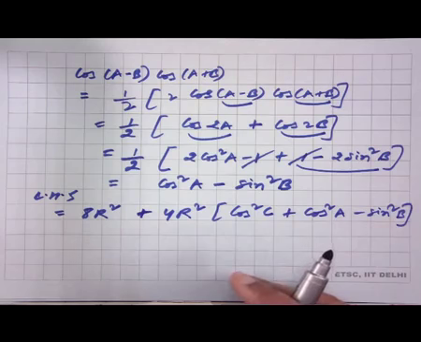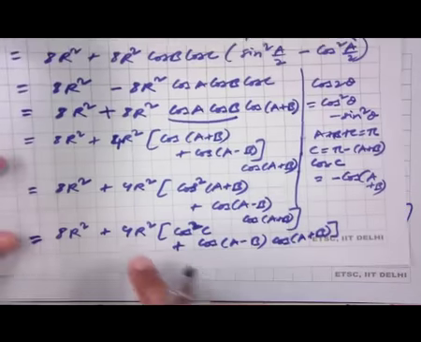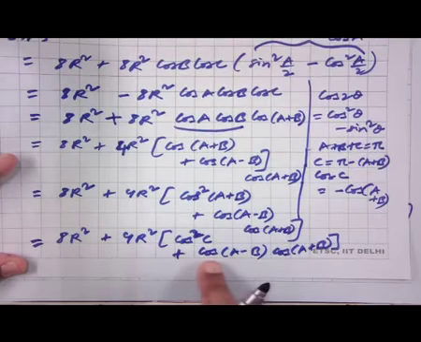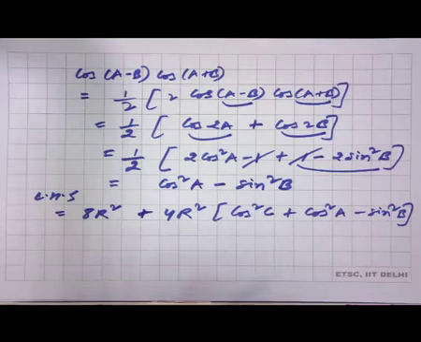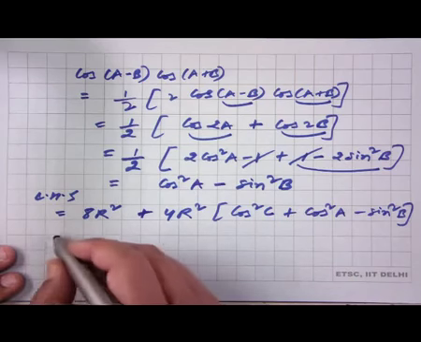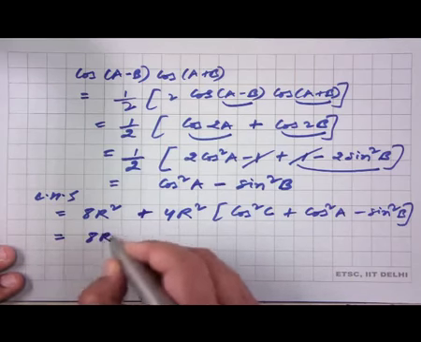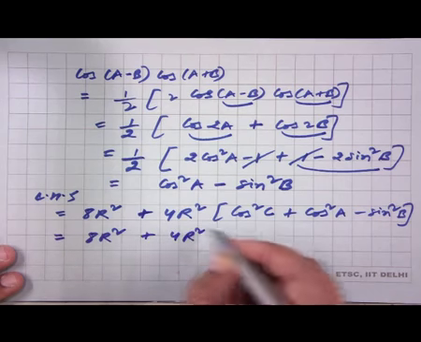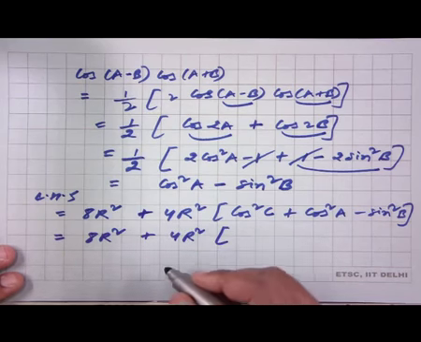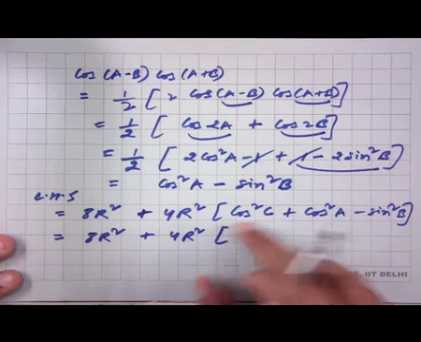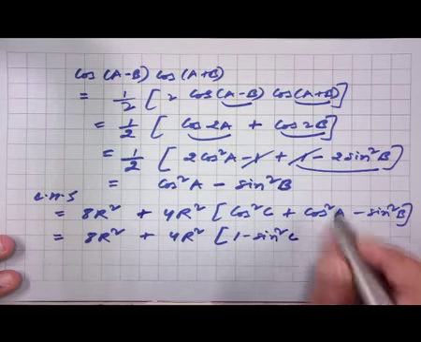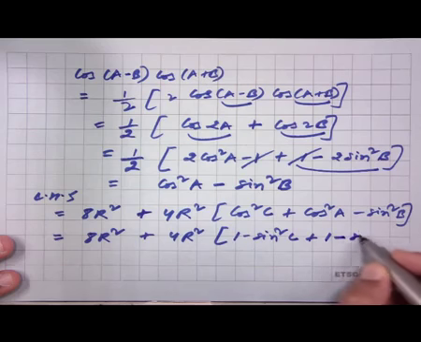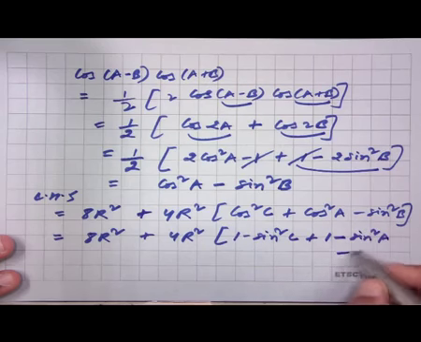So what we have done is that in the previous slide, instead of cos a minus b into cos a plus b, we have replaced it with this expression. And that is equal to, so we can write this as 1 minus sin square c and this as 1 minus sin square a, and then of course we have minus sin square b,